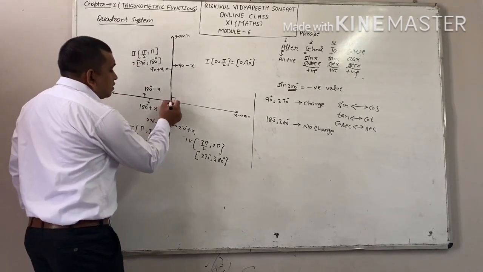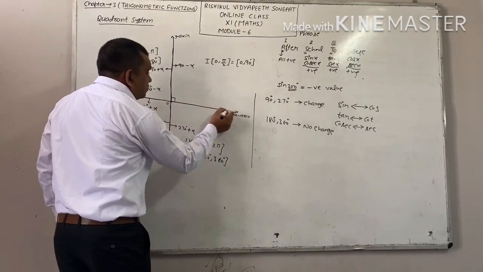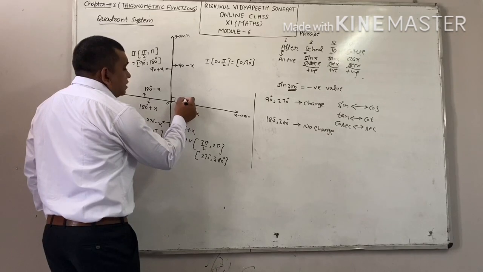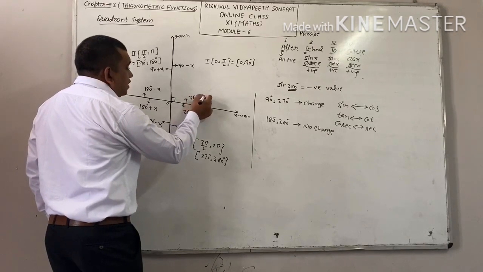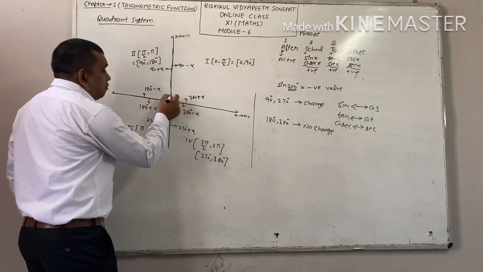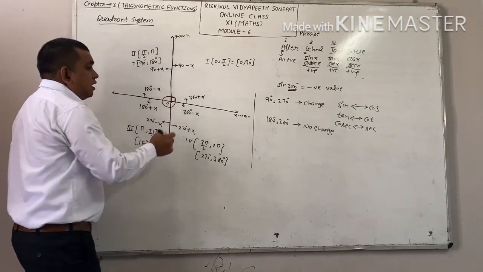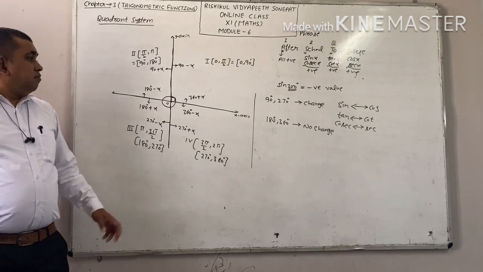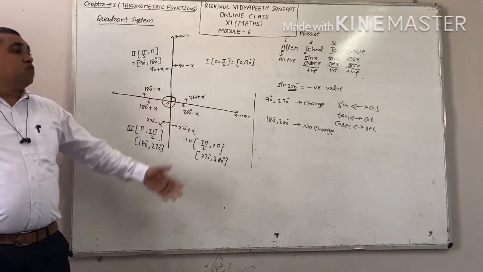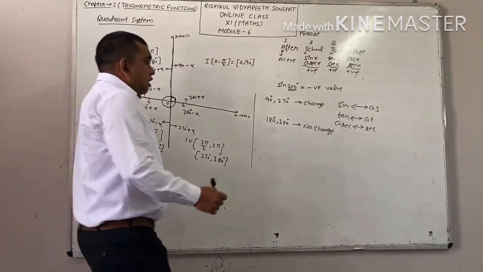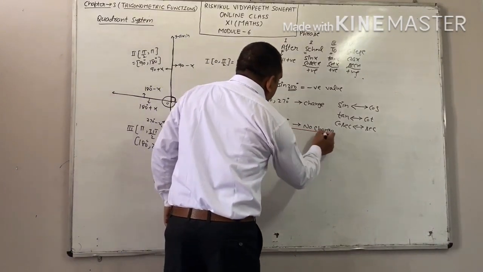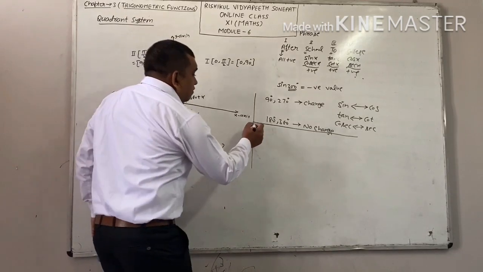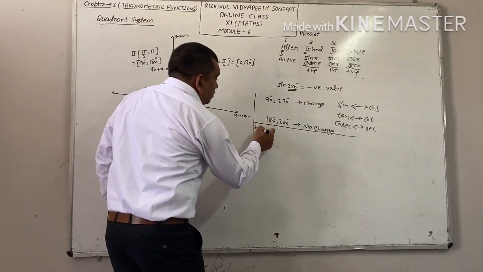This line is for 360. 360 minus x, this is your first quadrant, and 360 plus x, again first quadrant, means after one complete revolution we will again reach the same quadrant. By remembering this, you can find out the value. Now I am writing the procedure. After following this procedure, you can find out the value. What is the procedure, or you can say working rule?